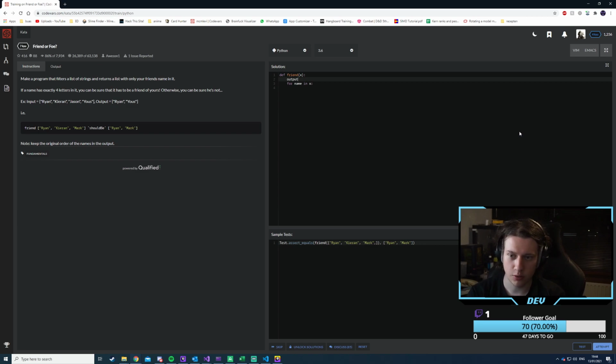So outputs is equal to an empty list, and then we say if len name is equal to 4, outputs dot append name, and then return outputs.